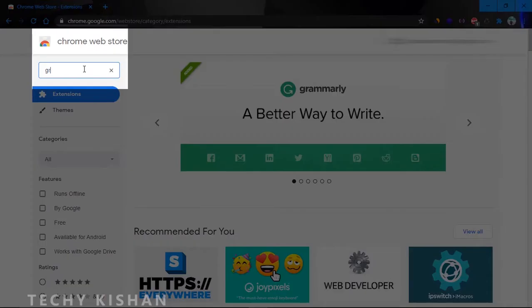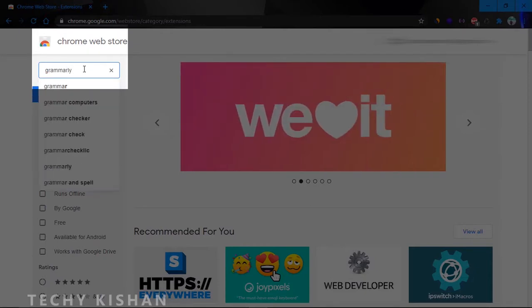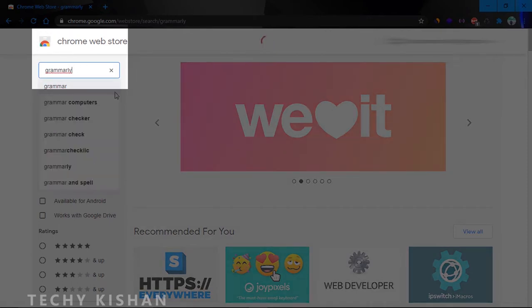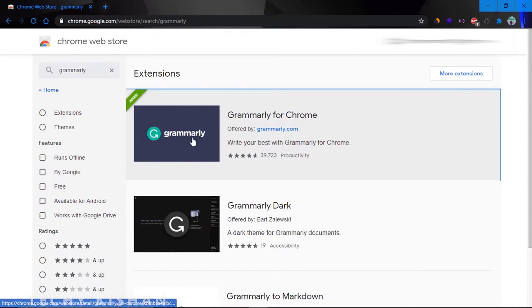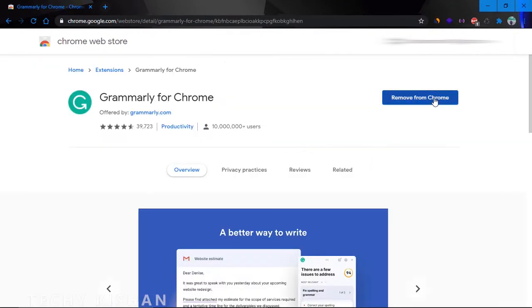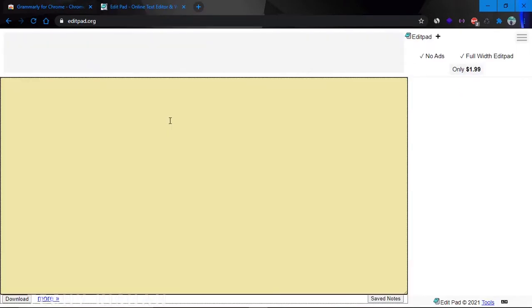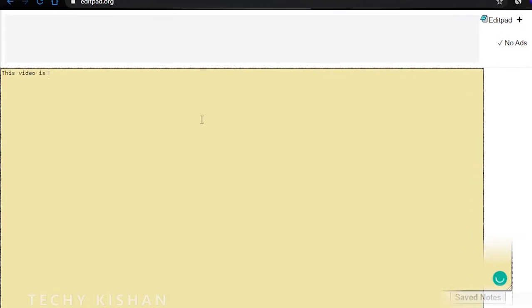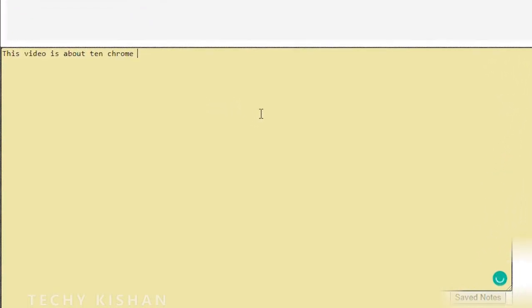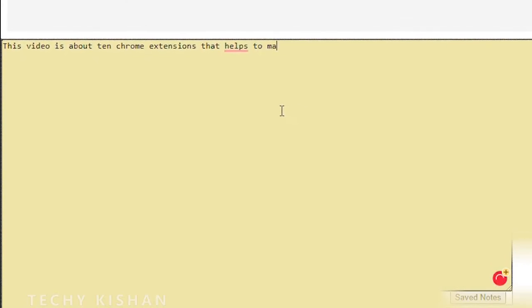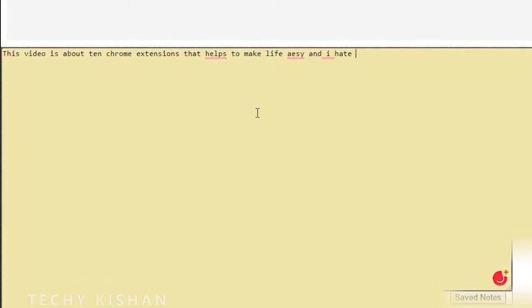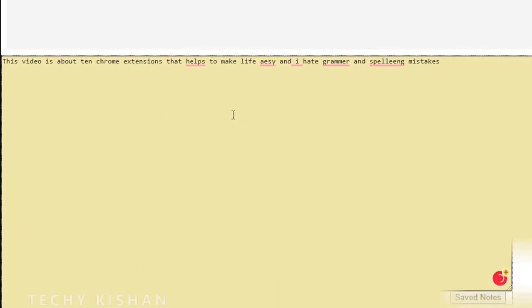So the first plugin I'm going to talk about is Grammarly. Yes friends, you must have heard about it. This plugin is very helpful for writing content on the internet. Whenever you write a post or a comment, you must have made grammar and spelling mistakes, so this plugin helps you to improve your mistakes. When you type on the internet, it automatically detects our mistakes and recommends improvements. And if we right click on it and select the improvement, it makes our writing much simpler and correct.